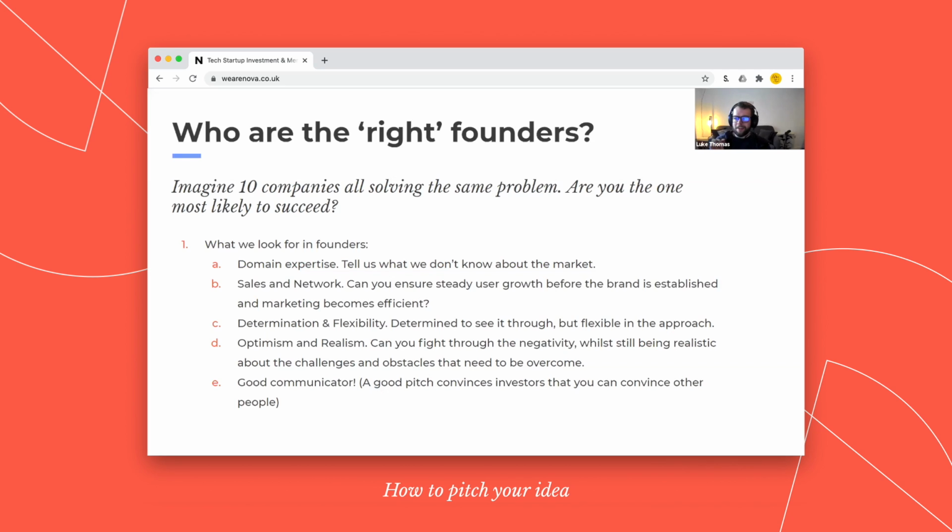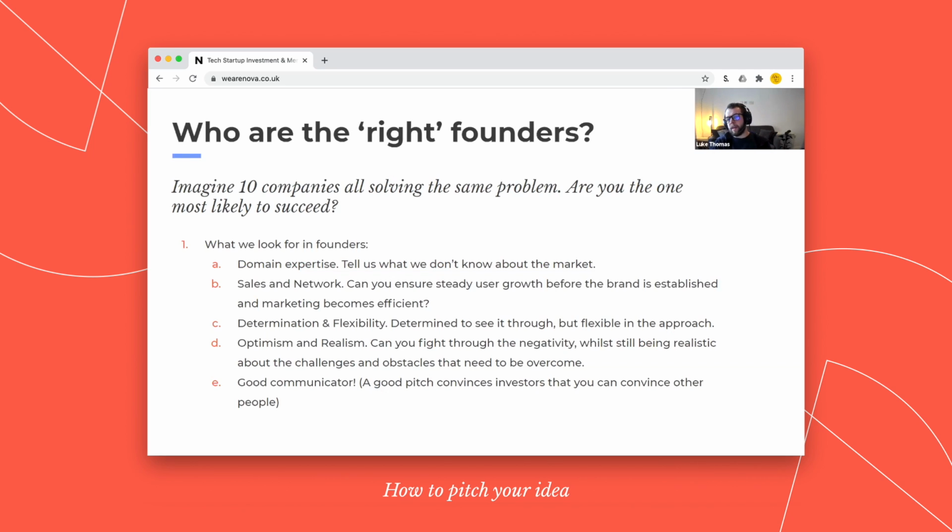This is a difficult one. Some investors say you need to be so determined that nothing will stop you. And other investors will say you need to be so flexible that you can ride the punches and you're not stuck to one plan. So which is it? Do you need to be determined or do you need to be flexible? I think the best analogy is something like rugby or American football. If I've got the ball, I am determined to get to the end so I can score points. My goal is fixed. I need to get to the end.